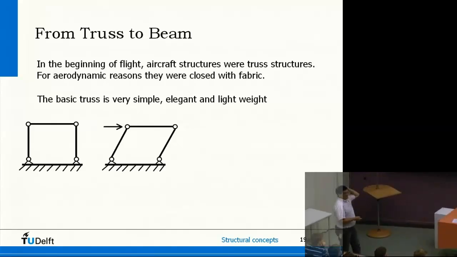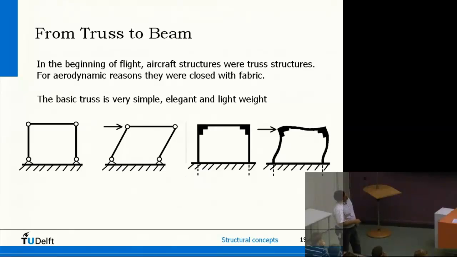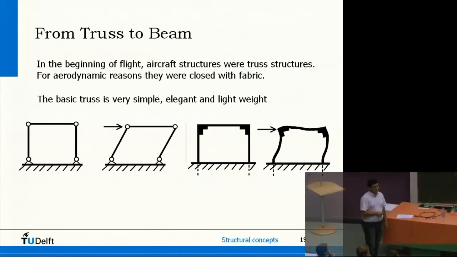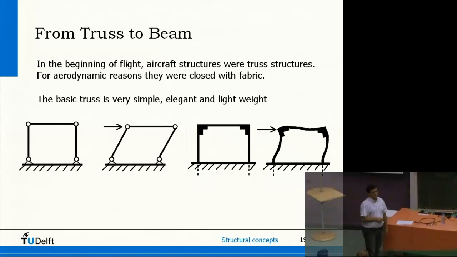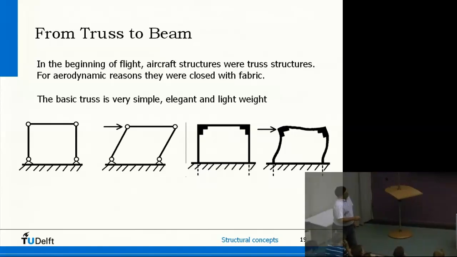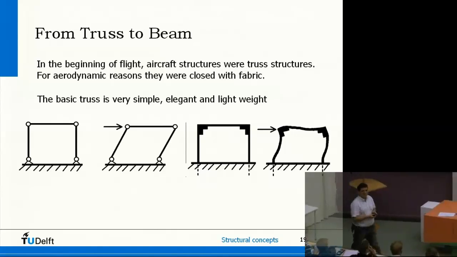In order to prevent this, one way is to remove these hinges, so prevent rotating. We can do it, for instance, by welding these bars, these beams. If you then apply a force, you still see some distortion. Of course, these square angles, the 90-degree angles, remain more or less 90 degrees, but now you get some flexing in your structural elements.